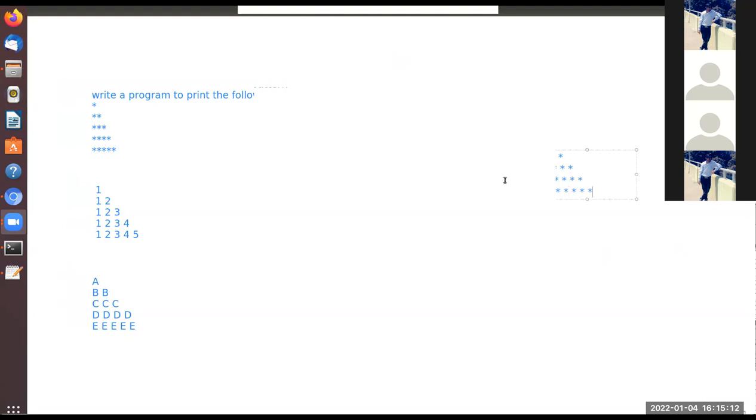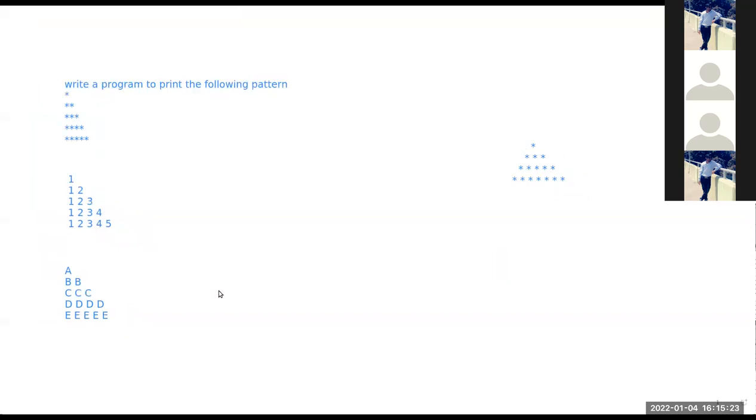So this is the pattern. In the first line there will be 1 star, in the second line there will be 3 stars, in the next line there will be 5 stars, in the next line there will be 7 stars. So this is the pattern that we need to draw in our last problem of today's class.